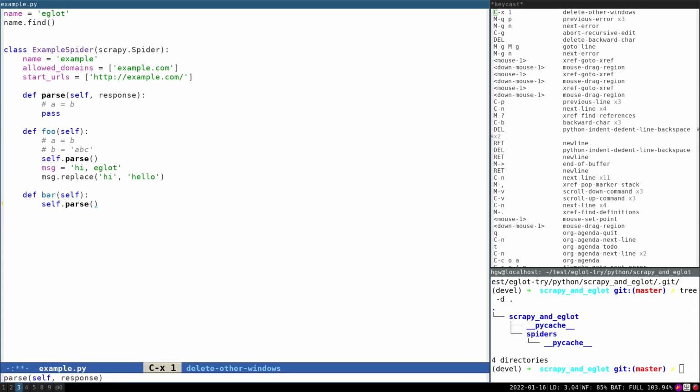A little surprise Eglot gives us here is that it provides references regarding context.